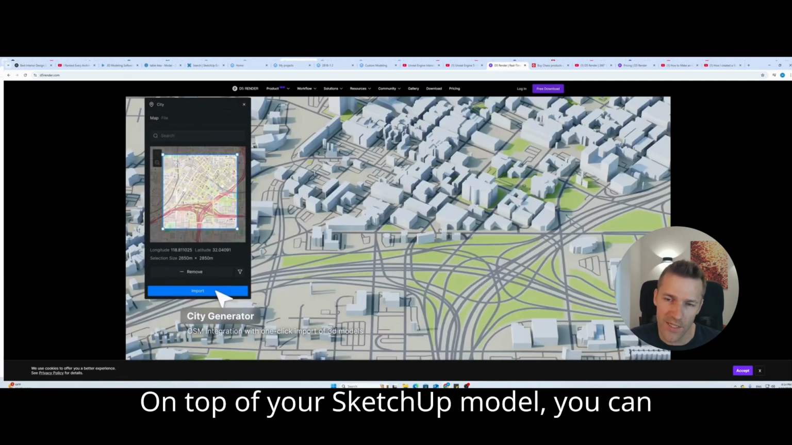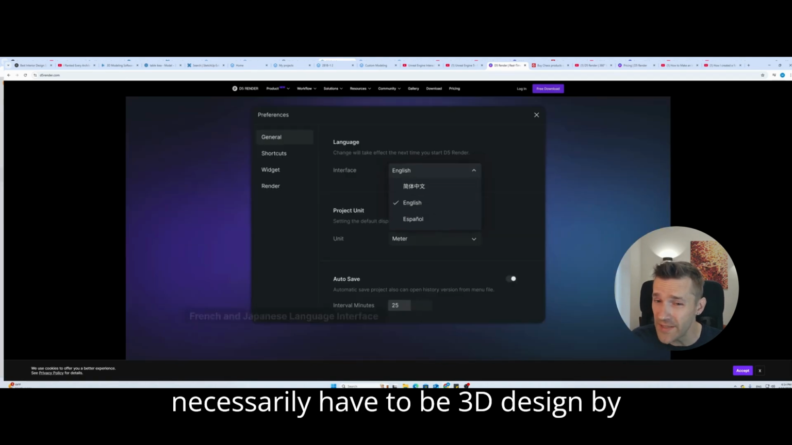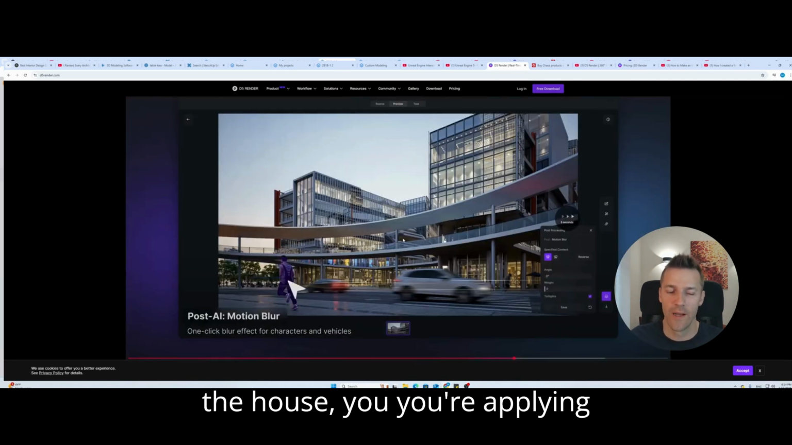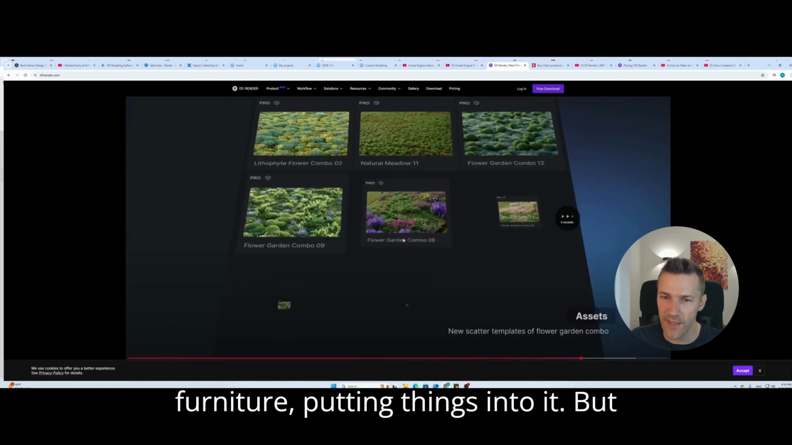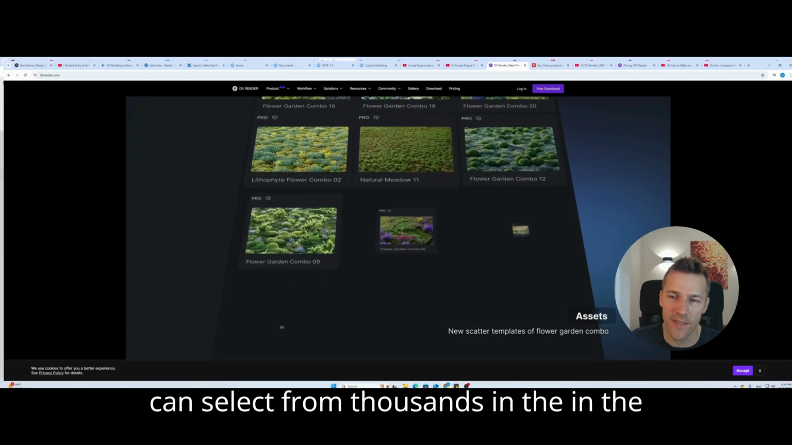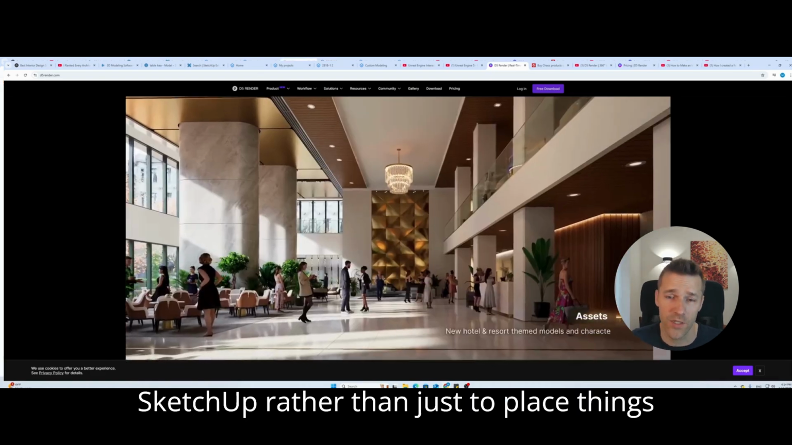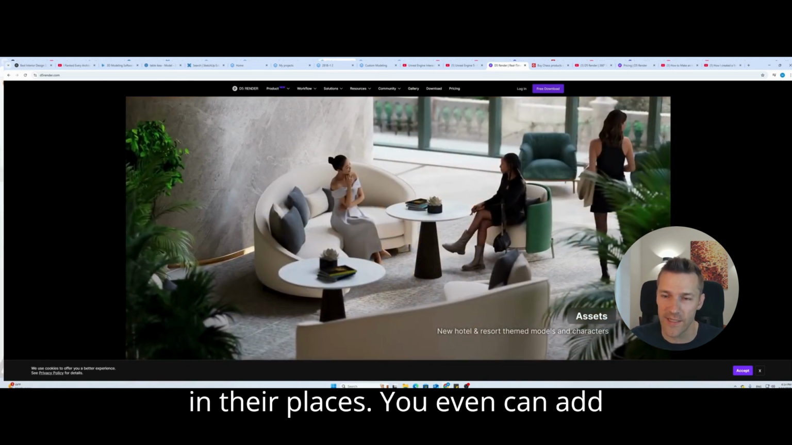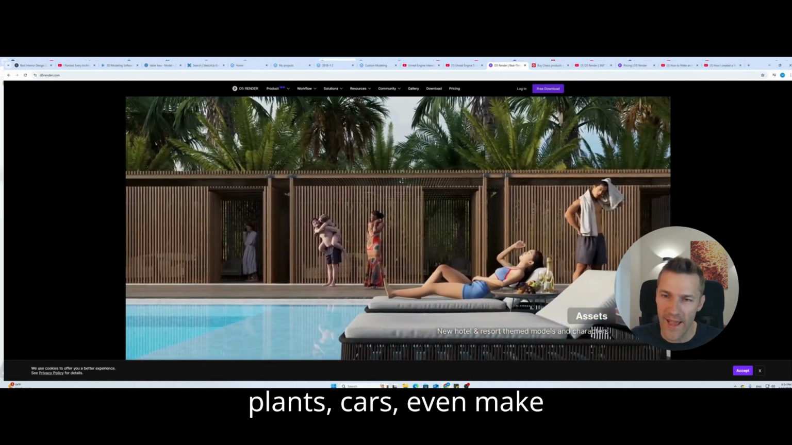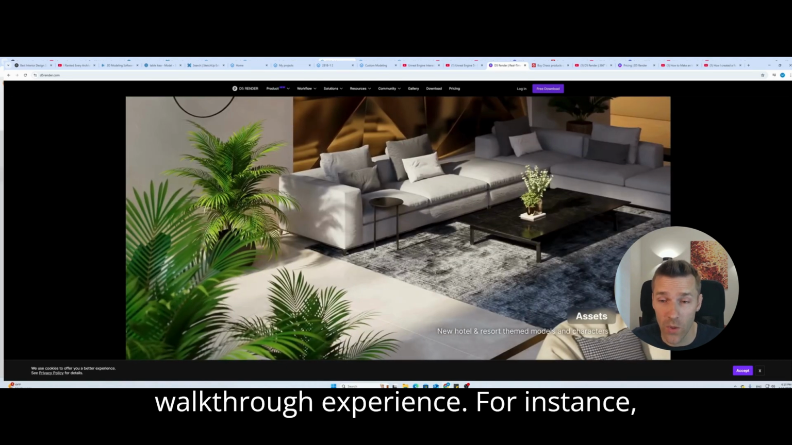On top of your SketchUp model, you can add custom things into it, so it doesn't necessarily have to be 3D designed by yourself. You create the flat or the house, you apply furniture, putting things into it. But when it comes to materials, you can select from thousands in D5 Render, so you don't need to do anything more in SketchUp than just place things in their places. You can even add tables, people, plants, cars, even make them move and create some kind of walkthrough